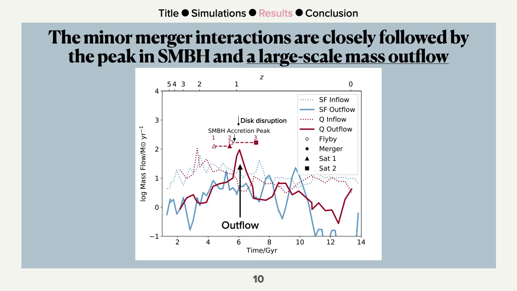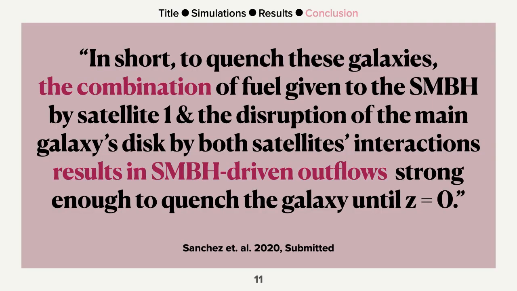these galaxies. Which brings us to our conclusion that, in short, to quench these galaxies, it is the combination of fuel given to the supermassive black hole by satellite 1 and this disruption of the main galaxy's disk by both satellites' interactions which result in the supermassive black hole-driven outflows that are strong enough to quench the galaxy until z